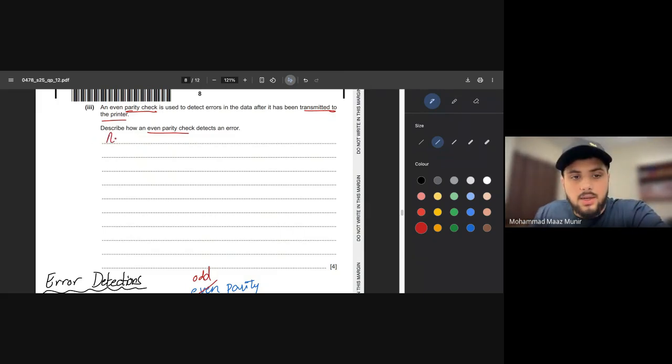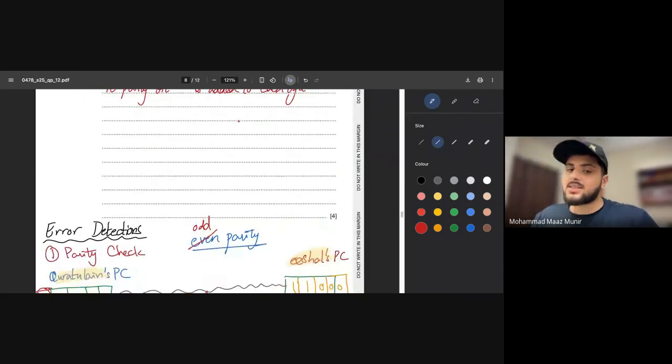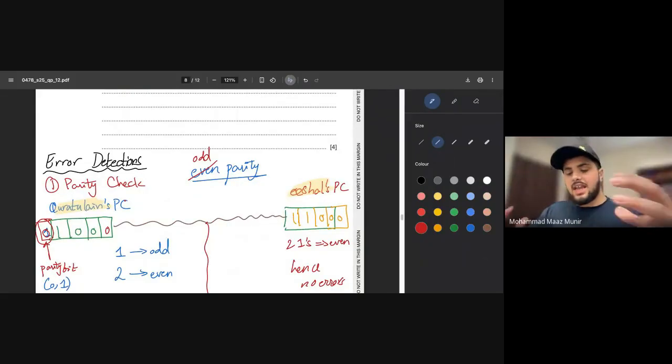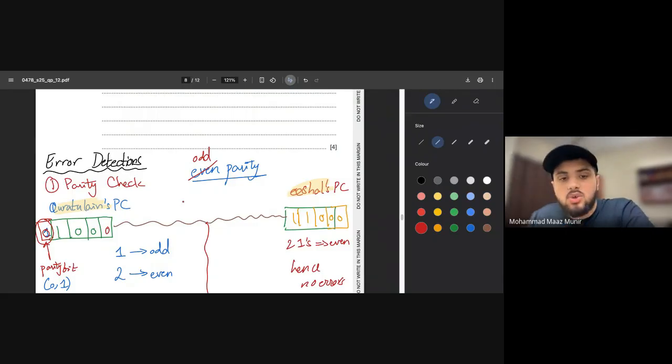So a parity bit is added to each byte. And why am I saying byte? Because if you took that day's class, मैंने बताया था that basically 8 bits are all together known as a byte। So if you see we have a whole bit, in this scenario it's a 4-bit, but usually it's like